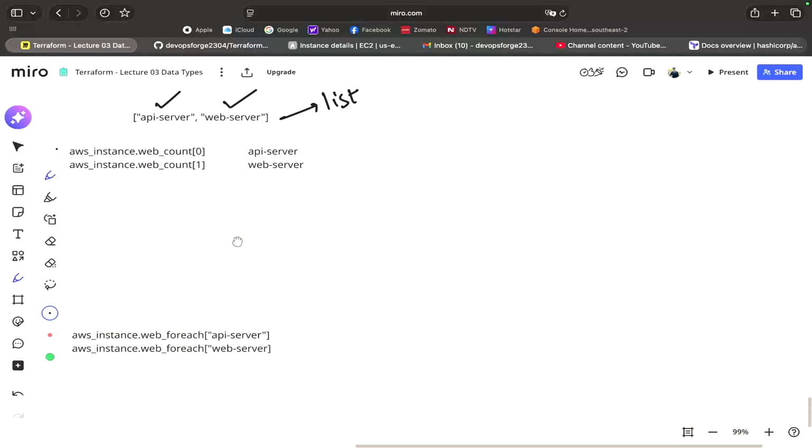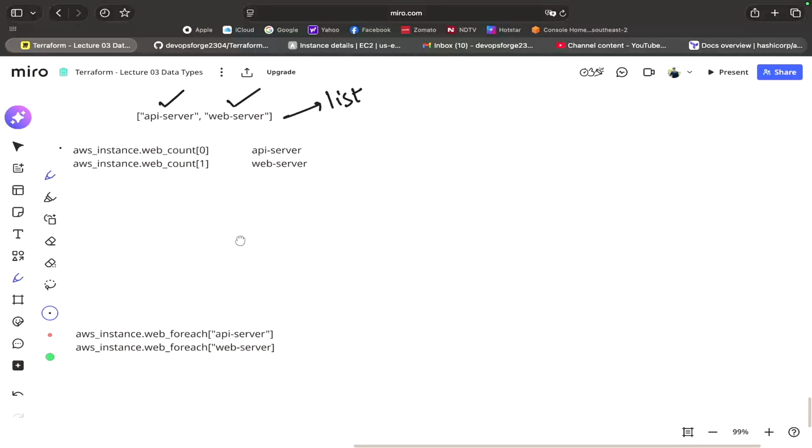So we were understanding the problem with count. When we used count, basically it converted my instances into this format, which is the AWS instance dot web count 0 is API server and web count 1 is web server, right? In the previous lecture, in the console, you saw that the 0 was the API server and 1 was the web server. So the problem with count is if you change this list, let's say, to web server only,